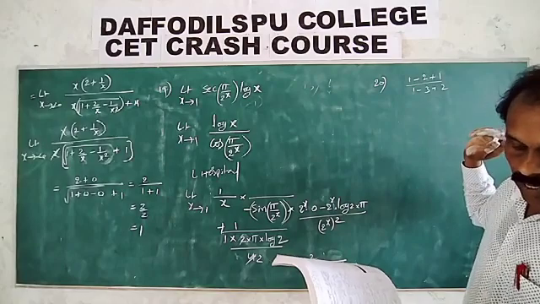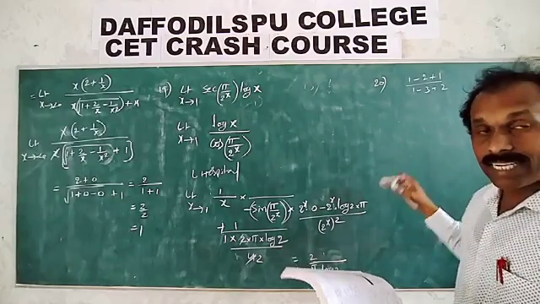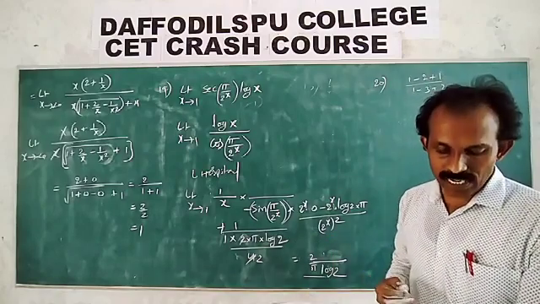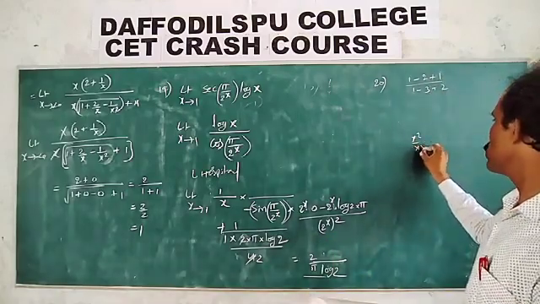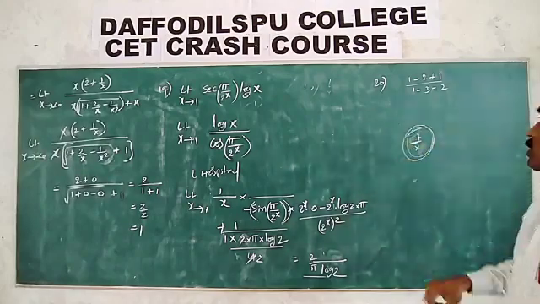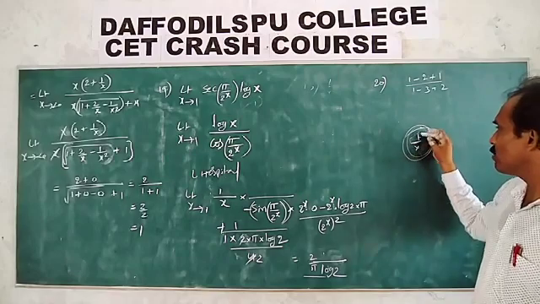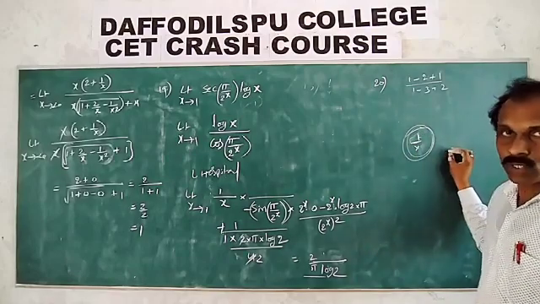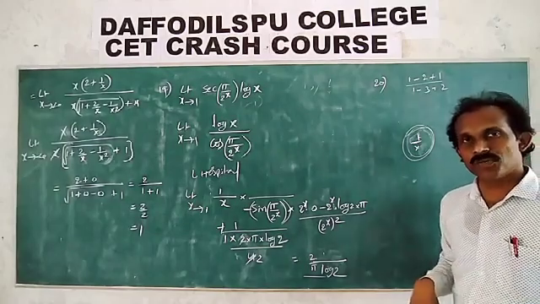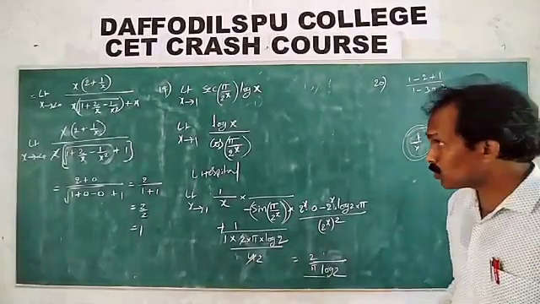Next 21. 21 also take LCM, and x extends to infinity. Extends to infinity means take the highest power common and it cancels; for example x square by x cube will cancel and then we get 1 by x. So convert the terms like this one. After taking common, some terms are divided by x square, some terms divided by x cube. These values tend to 0 as x tends to infinity. So 21 also we will try. Right. 22.